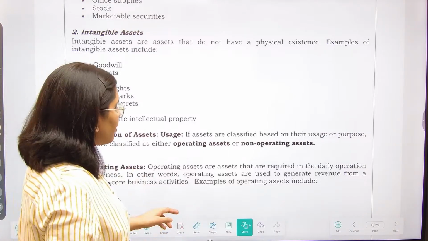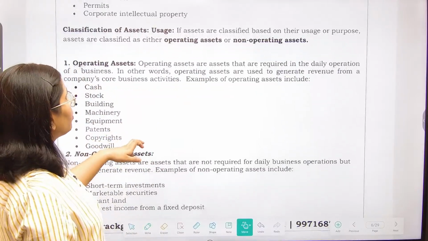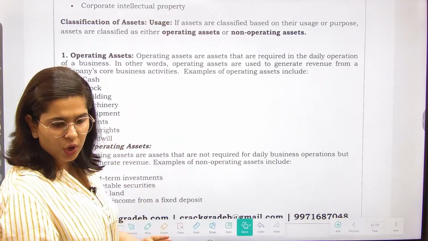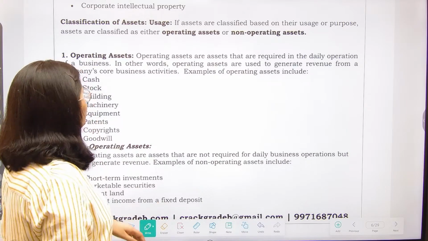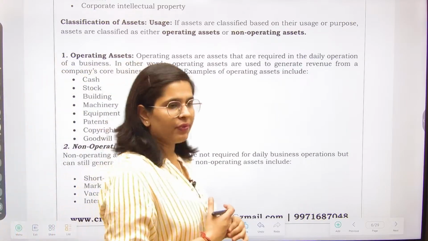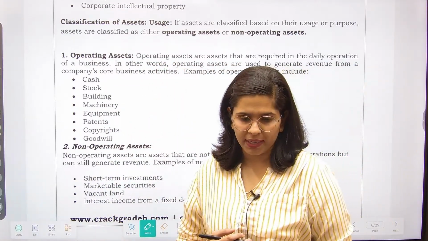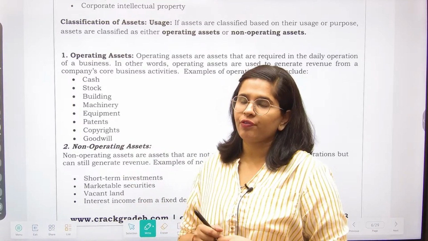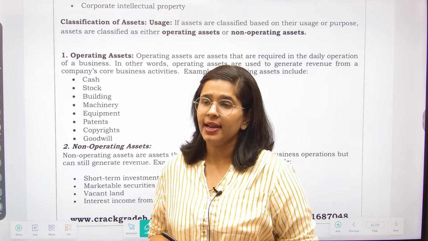So we talked about based on the physical existence, and now today we'll be talking about the classification of assets based on usage, right? So based on usage, the asset can be classified into two types, that is operating and non-operating, right? Please remember this type of classification, because cash flow is in your course, fine,